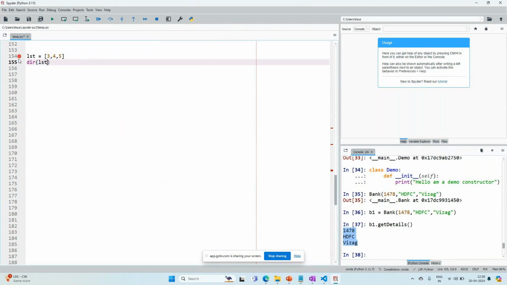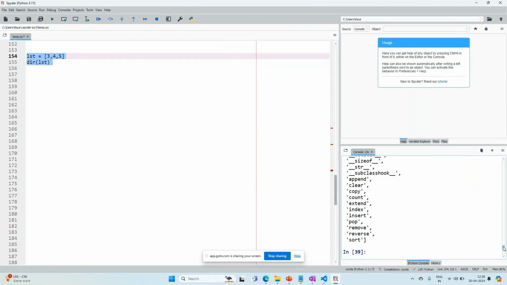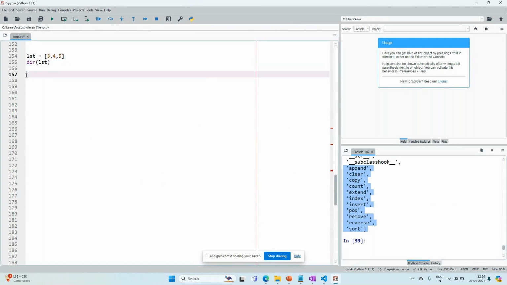If you observe this, what are all these? Append method, clear method, copy method, count method. These are all the methods of which class? The list class. Now if I say help of lst,